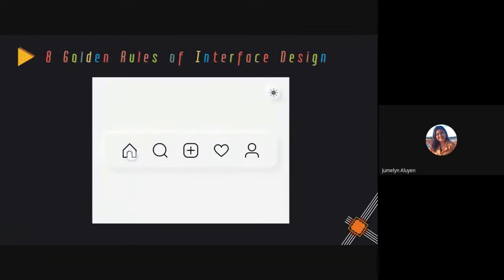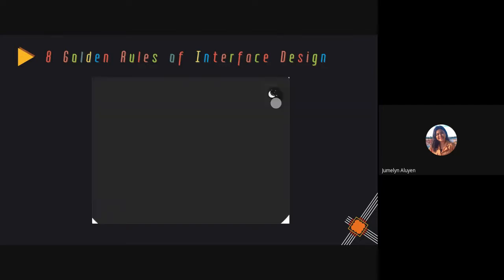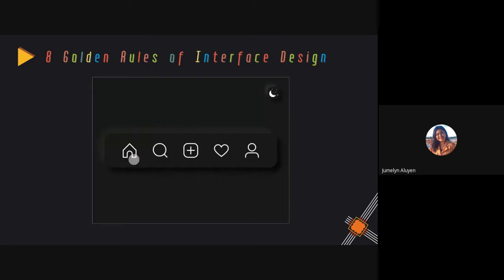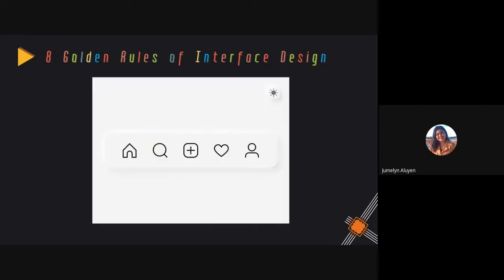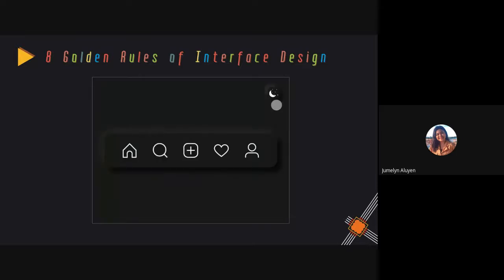And here is another example kaning sa Instagram nga button, no. So dali ra gid kay nako siya ma-recognize because I'm also an Instagram user. So kaning murag na ay balay nga symbol, that is home. And then kanang naay magnifying glass is search, no, if ganahan ka mag-search sa mga Instagram profile sa lain tao or sa mga celebrity. And kaning plus sign is if you want to add photos or stories. Ang heart is kanang notification na siya kinsay nag-comment or nag-like sa imong photos, and then kanada yung murag tao-tao is your profile. So mo na kailangan gyud na ma-recognize gyud sa users, no, because recognizing something is much easier